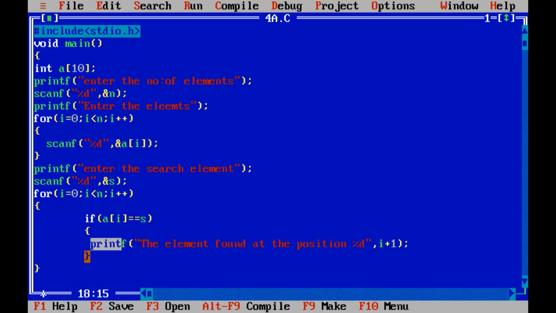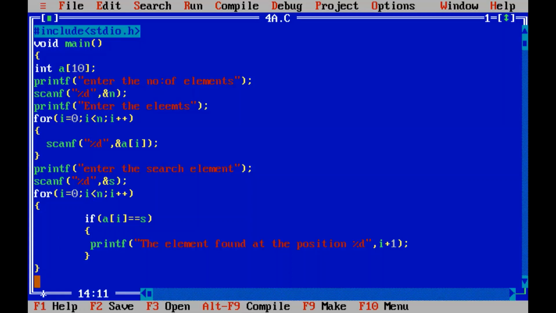Otherwise, it will come to this curly bracket, and then again it will increment the value of I. This for loop will be executed until I value is less than n. Suppose the number of elements I entered is 5, the last value of I will be 4. Got it?